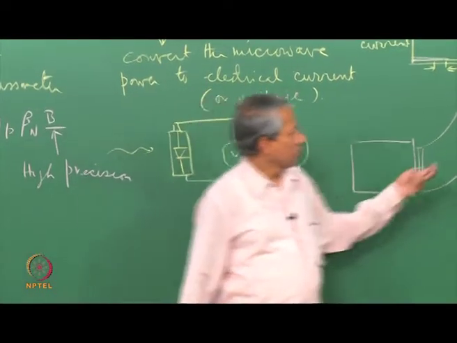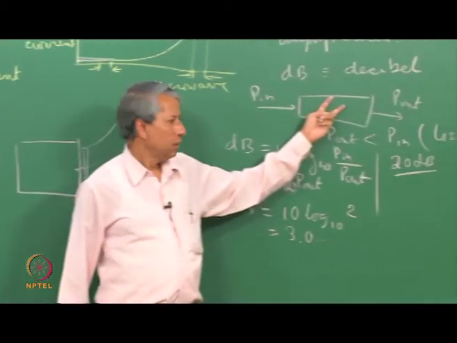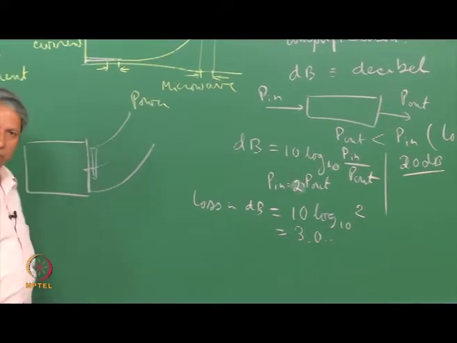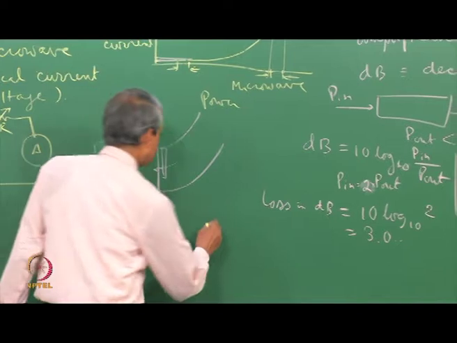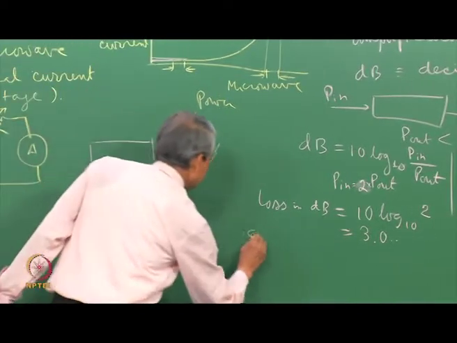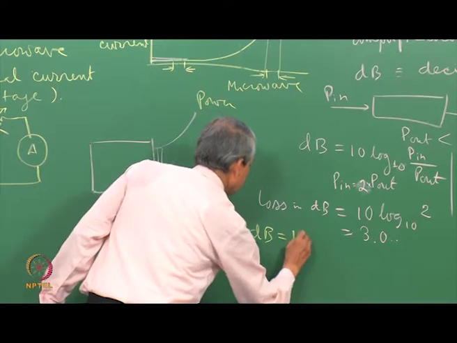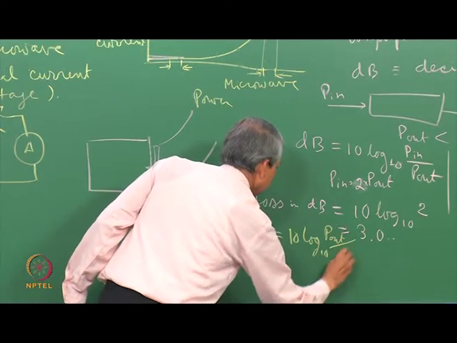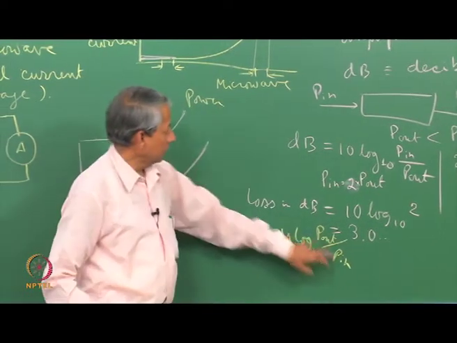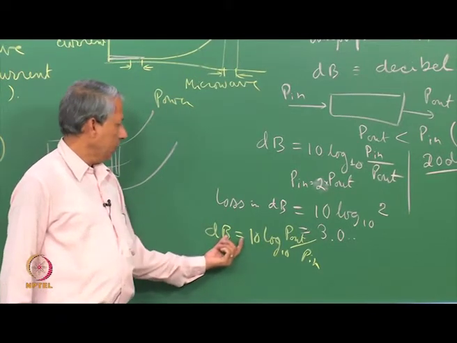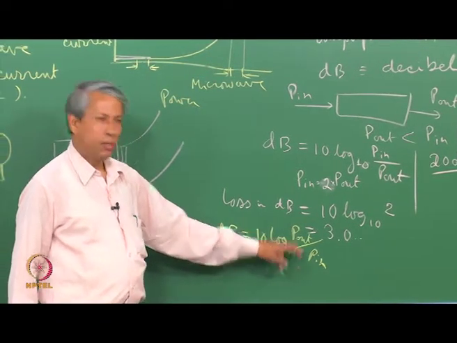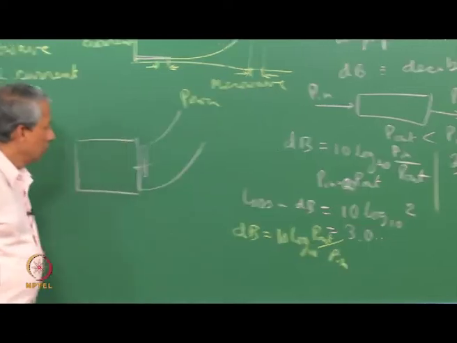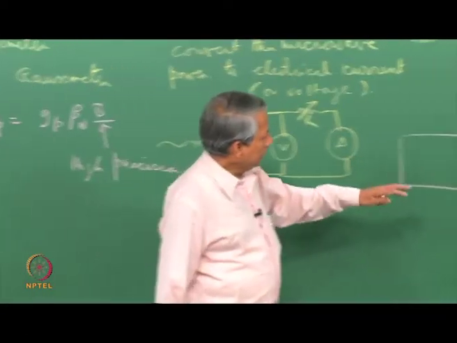Suppose instead of loss there is some device which amplifies the signal, power goes in and what comes out is higher than that. In the same way I can define the amplification factor in terms of dB. Again, let us say if it is 20 dB, the ratio will be 100, that is, if 1 milliwatt goes in, 100 milliwatt comes out, the amplification is 20 dB. So, this is therefore a ratio measurement.